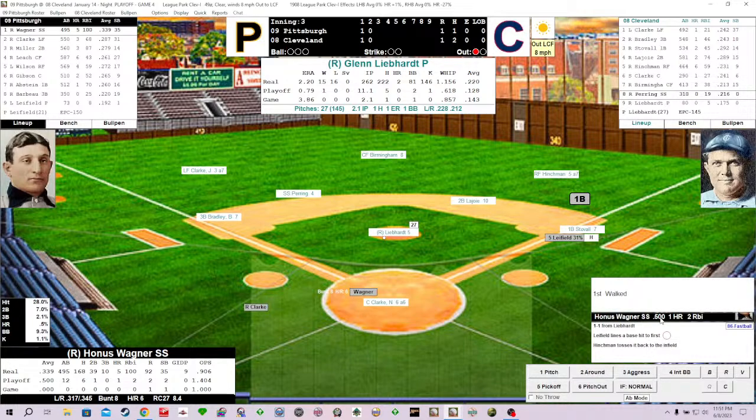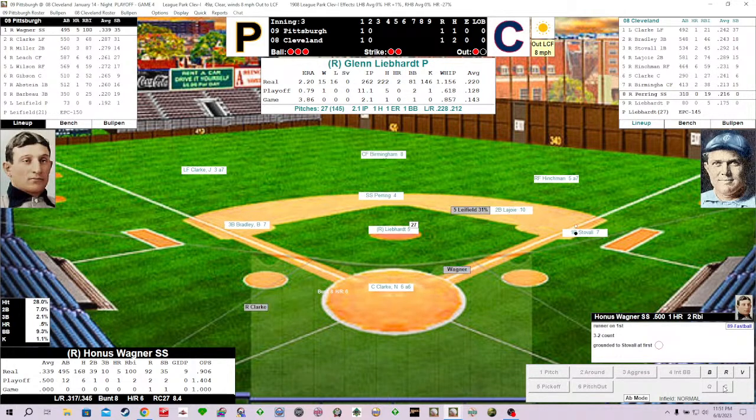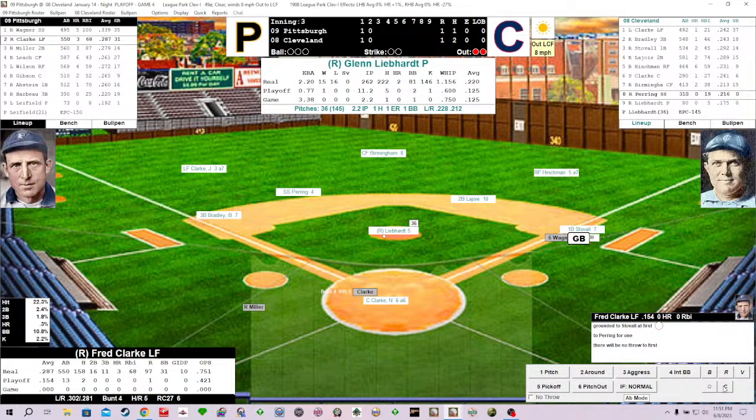The Flying Dutchman walked back in the first, was sacrificed to second by Fred Clark, and stole third. Liebhart deals to Wagner. Payoff pitch. Fastball. Chopped down to first. Stovall will go to Paring at short, but they're not going to turn 2. So Wagner aboard on the fielder's choice. 2 away here in the Pittsburgh third, and it brings up Fred Clark. So 2 Hall of Famers on this team. Fred Clark